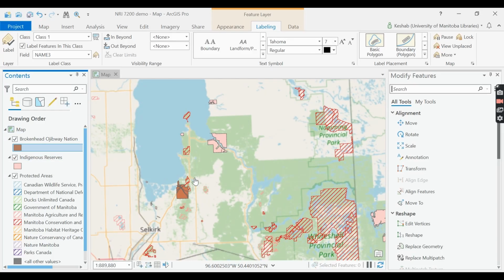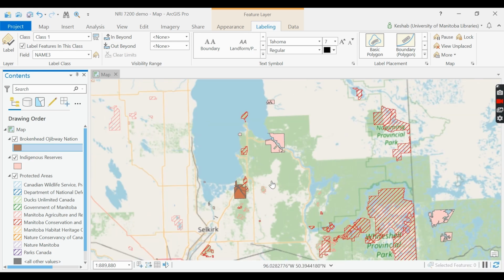Okay, now let's save this map. We have to save it and now export this map. So exporting is really nice and really important here. So for exporting a map, let's go to